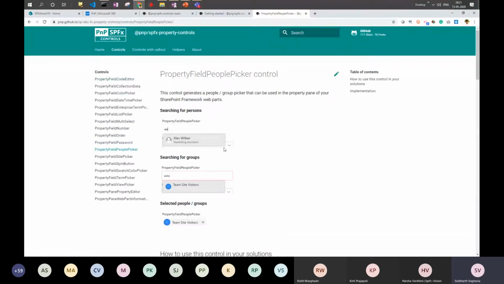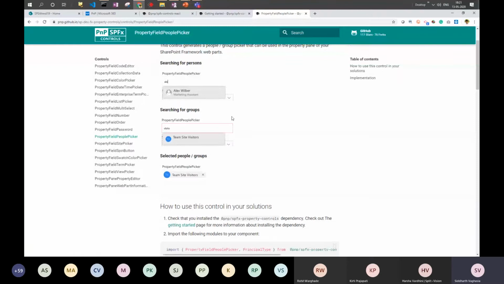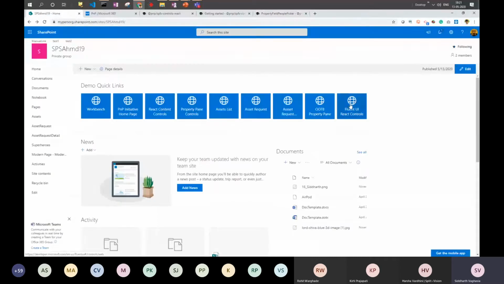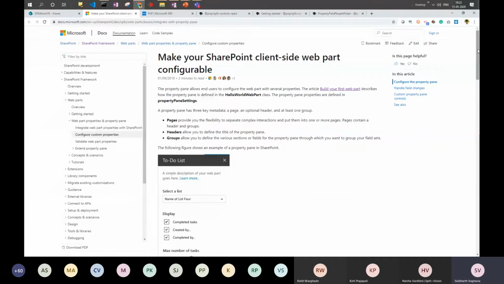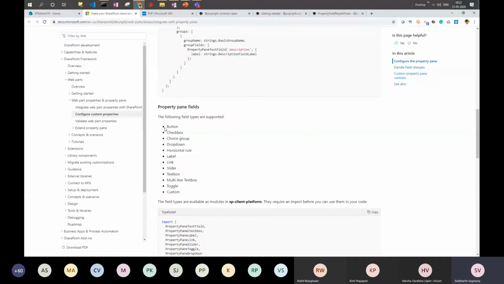Before checking whether the controls you want to use are needed here, you can go and check the out of the box property pane controls which are available. On this page, if you go a little down, we see these are the controls which we can use in our property pane fields.